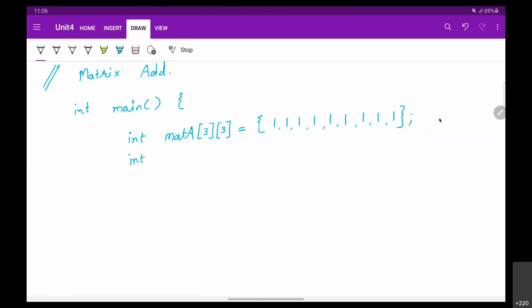Let us have matrix B, where I can omit the row number. Okay, where I can omit my row size. It is going to define the row size based on the values I assign to it.